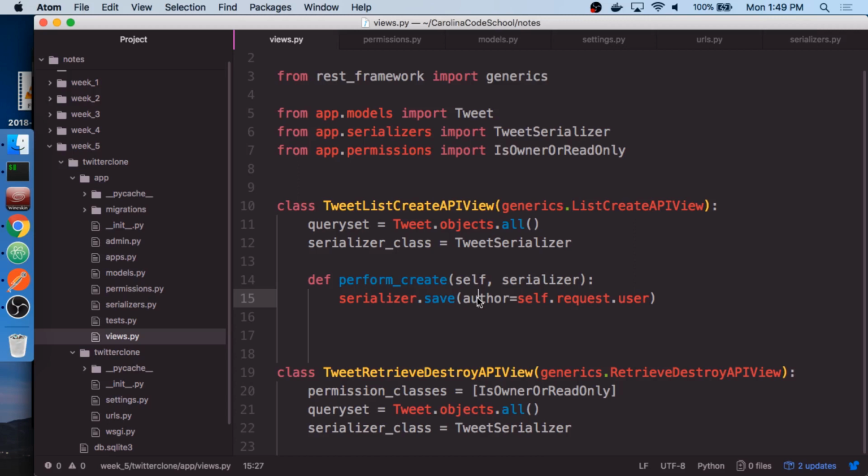Operand just means what's on each side of the plus or minus symbol, and the operator is the plus or minus symbol. And what you're going to do is you're going to create those as a math operation, and you're going to do that math, and you're going to set it on the model. You might have to do that math in something like a perform create here, because you have the user, which you're going to be doing a perform create anyway, but that total, you're not going to be able to send over the total. The total has to kind of set itself, just as the user has to set itself here